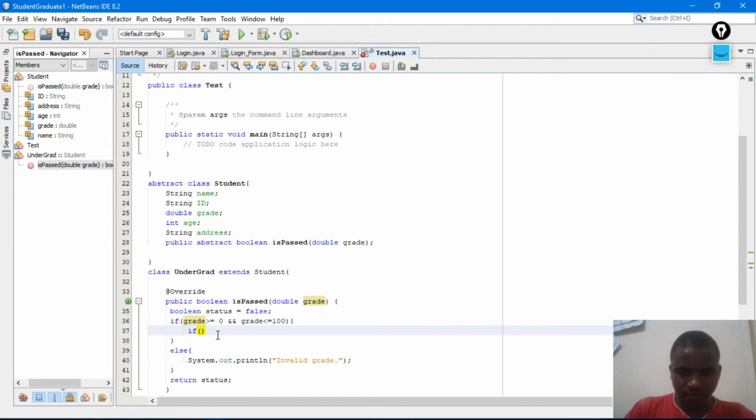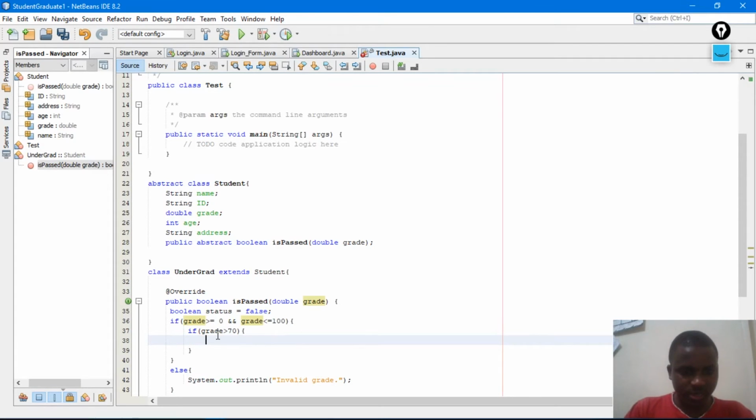So if grade is greater than 70, then status must be set to true.